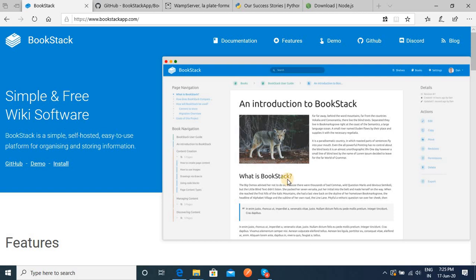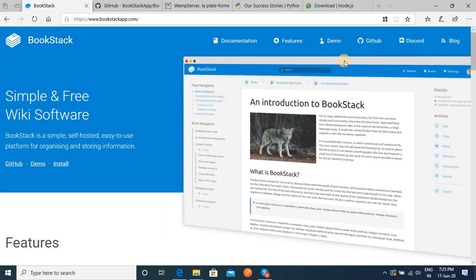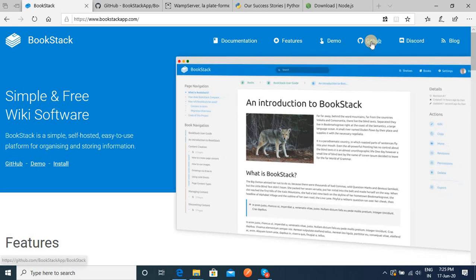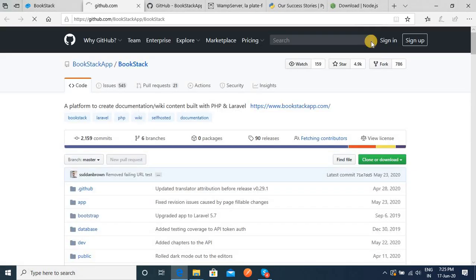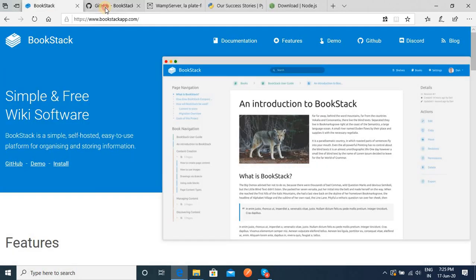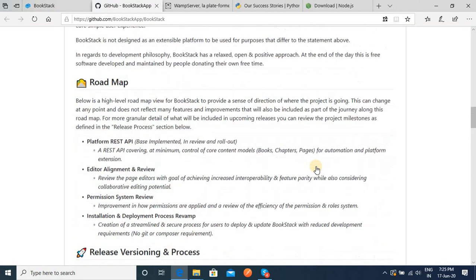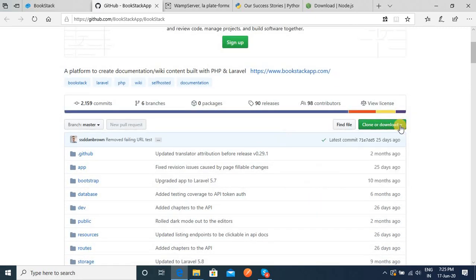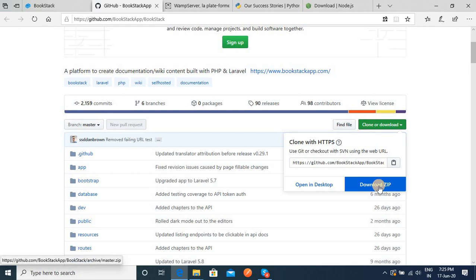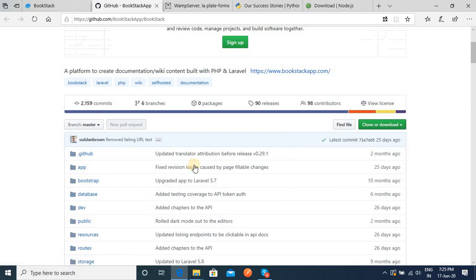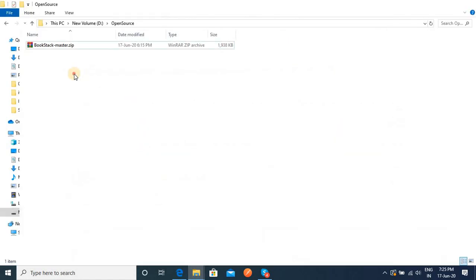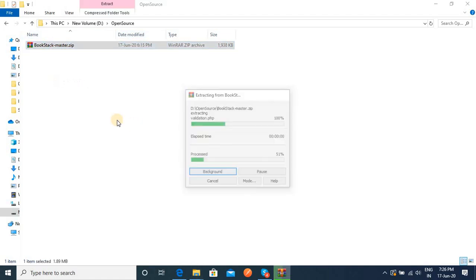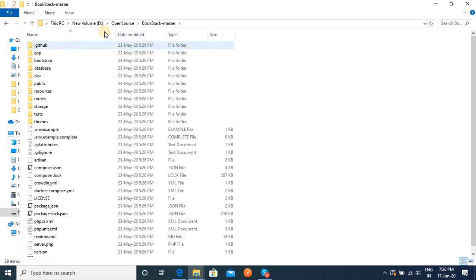The first thing is you have to download the Bookstack application from GitHub. If you click that button, it will take you to the GitHub window, and you can download it from here. Click clone and download, then download zip. It will be downloaded. I already did that and kept it in the open source folder. I'm going to extract the files. It's done. I'm renaming it to